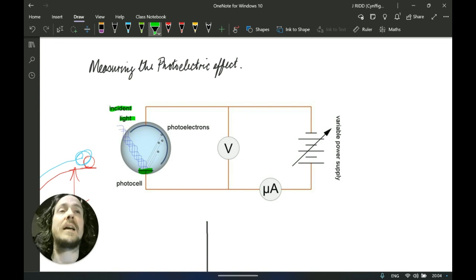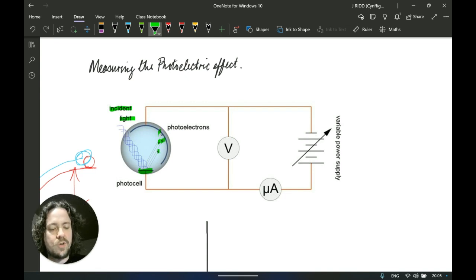Now, different metals have different, if you like, requirements. They all have a different amount of energy that they need to receive in order to give up a photoelectron. More on that in just a second. But let's just stick with the example that we had just now. Let's imagine this is UV light, and this here at the bottom is our zinc plate. As the light hits that zinc plate, we're going to release these photoelectrons as indicated here.